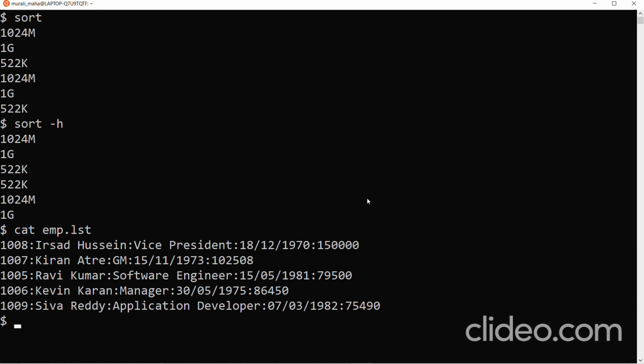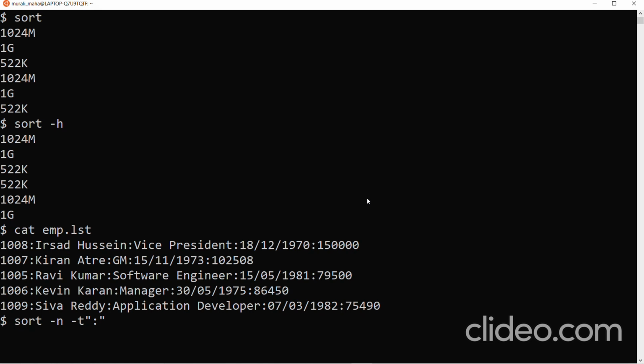You know that the numerical sorting option is -n. And there is an option called -t, using which I can specify the delimiting character. Based on this delimiting character, it understands the fields of every input line.